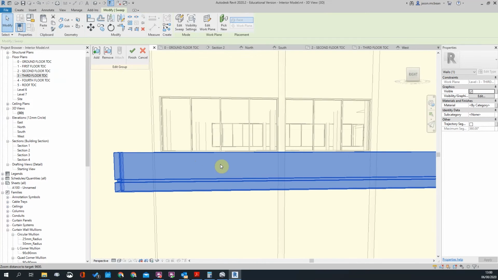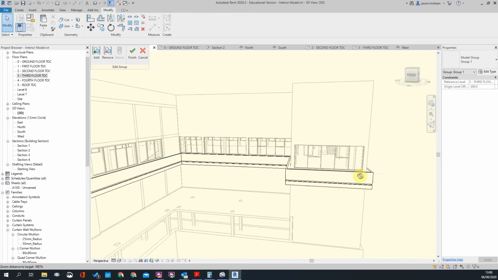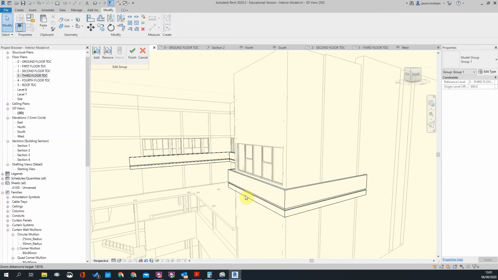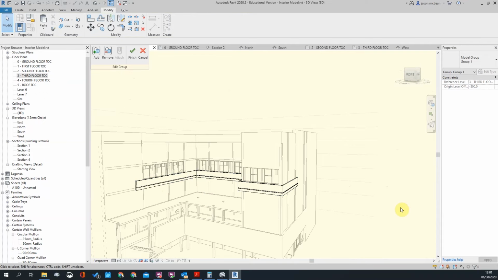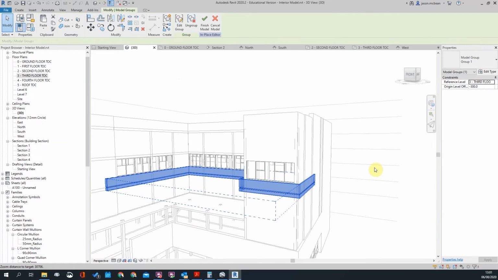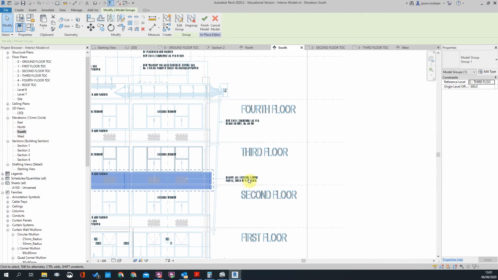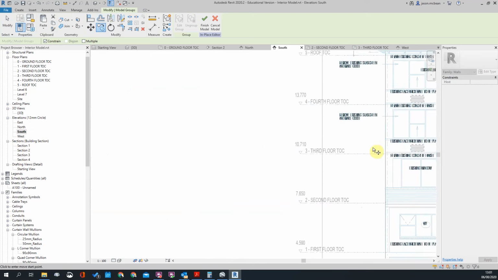And we're going to have a sill that runs around this. I'll do a little concrete sill that sits and travels around this as well. Okay, and we'll use a pick edge option for that and make it part of the group. But in essence, I'm quite happy with this. So if I, for example, went to my elevation now, south, and I copied this group from level to level,